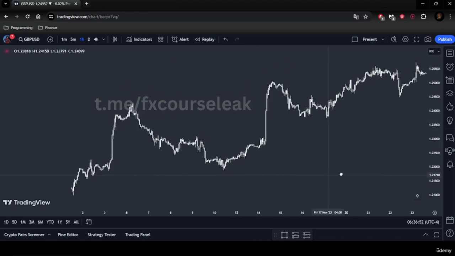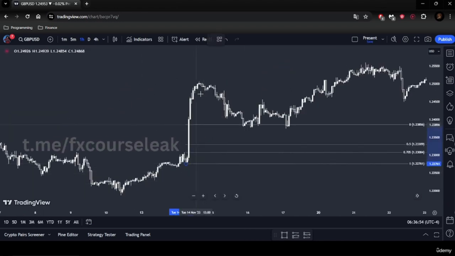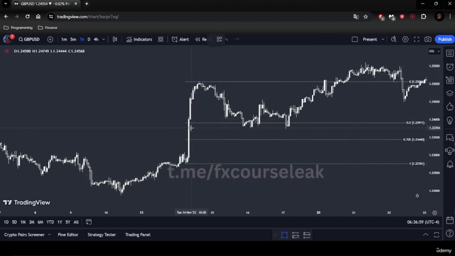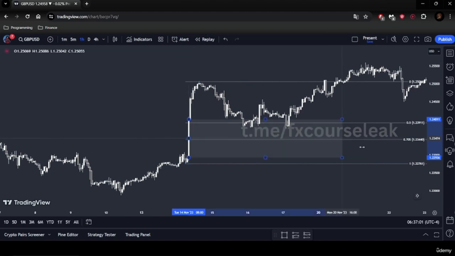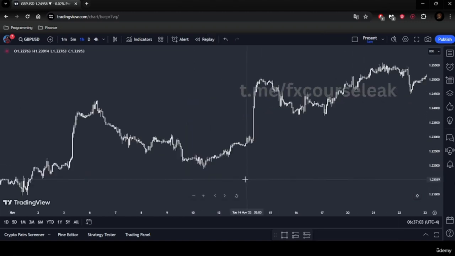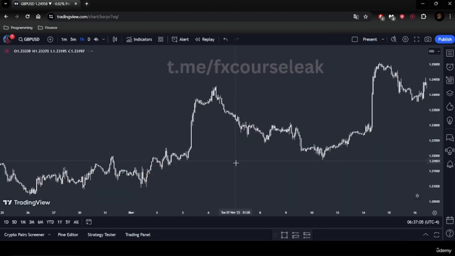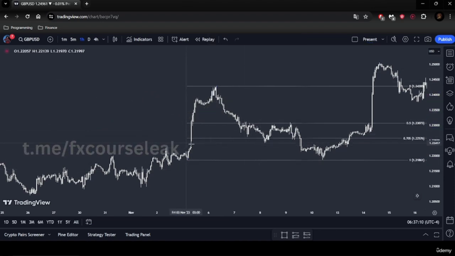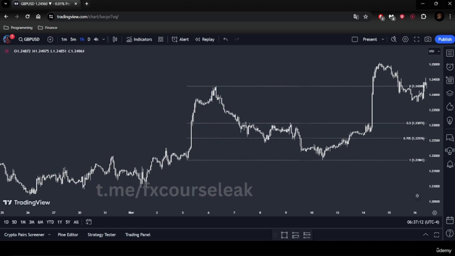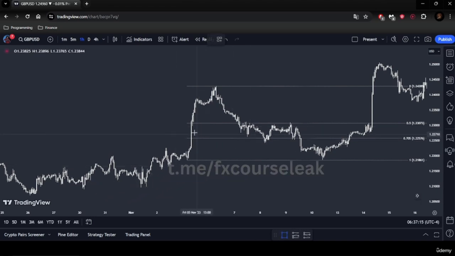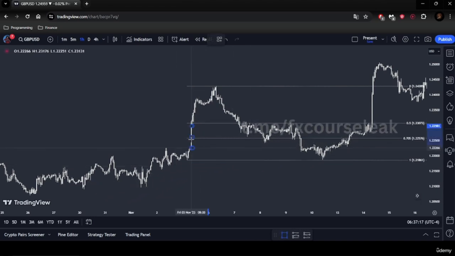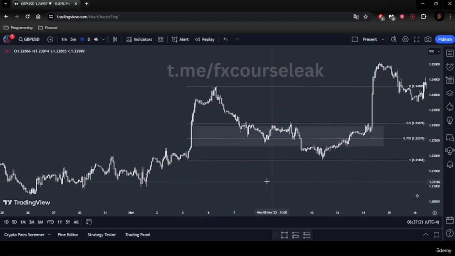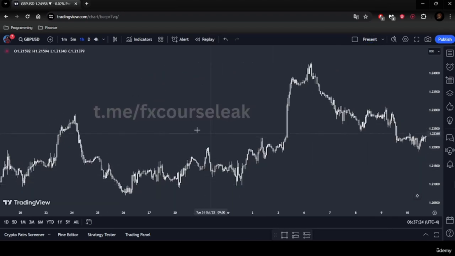As well with the fair value gaps, you can see here that we return to a premium. And what is at that premium? A fair value gap. There's a fair value gap. Same thing here. We go from here to here. And where's the premium? Below, there's a fair value gap. This fair value gap. So there's our entry in all of these fair value gaps. That's what we want to see.